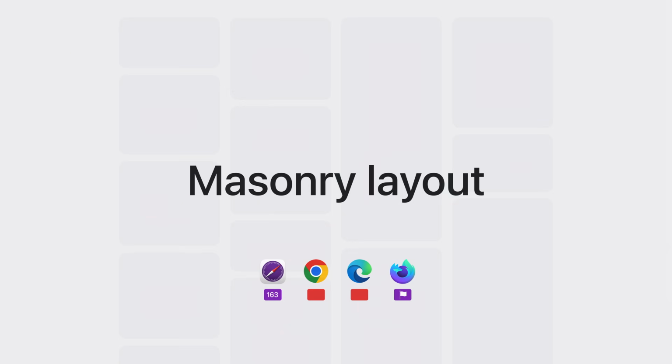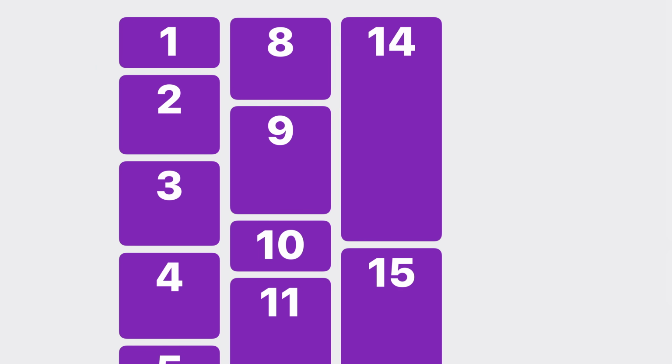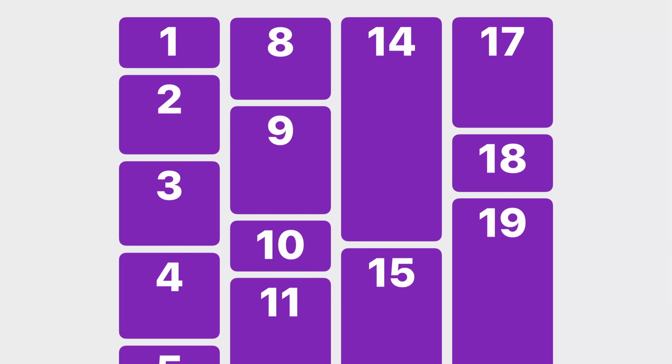It's there you'll find masonry layout. For years, this has been a popular layout pattern on the web. It's a great way to pack content of different sizes. You can accomplish a layout with this shape by using CSS multicolumn if it's okay that the content order starts in the first column, flows down below the viewport, goes back up to the top of the second column, flows down it, and then on to the third column, and so on. If this works for your project, great.